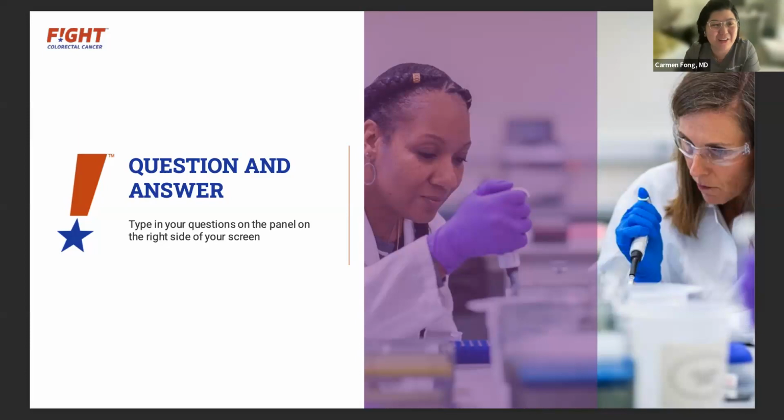I'll go first, but then I think Dr. Goldberg has probably a better answer. The transverse colon, Dr. Goldberg mentioned the upside down U shape. So generally, we go by whether it's closer to your splenic flexure or your hepatic flexure. On both sides, you have the liver and the spleen. Unless it's right in half, right in the middle, which it generally isn't, it's usually more towards one side or the other. And I find that splenic flexure is going to be more left-sided and hepatic flexure is more right-sided.